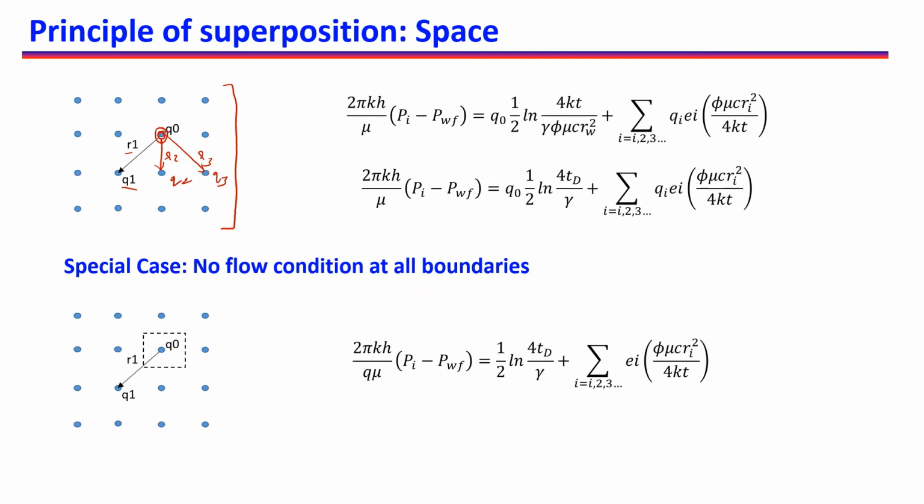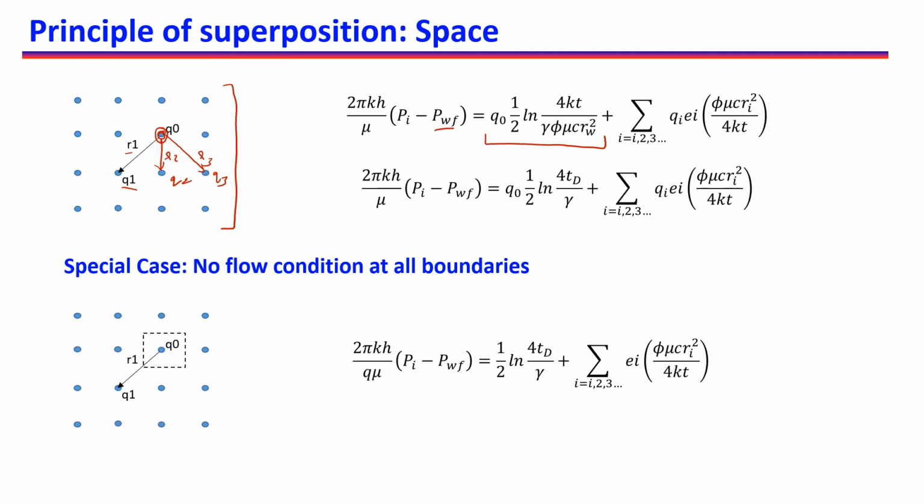We are measuring PWF at well 0, and if there was only one well in that infinite reservoir which came online and has been producing for time t, then we will use this value to find the pressure difference Pi minus PWF. As I said, infinitely acting reservoir, so that means we will never reach pseudo steady state, so we will always be in transient state.